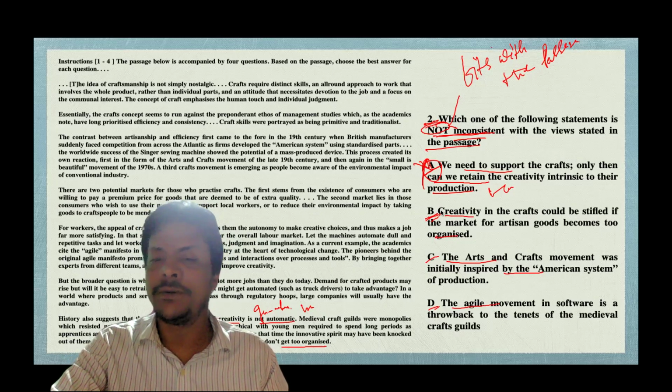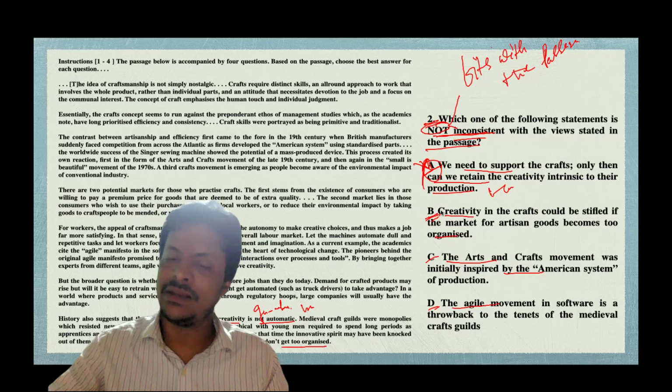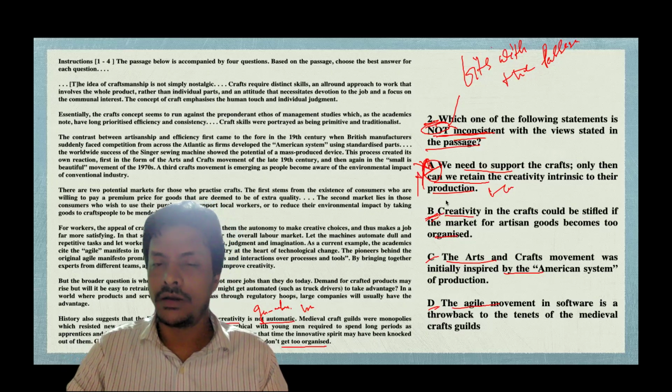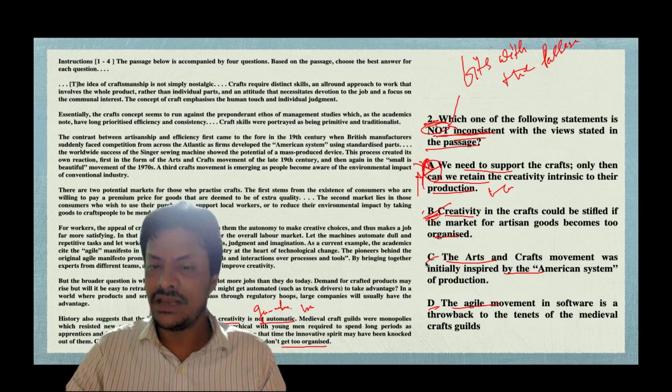But if I look at the other options, like A, we find that it is inconsistent, and B is something which clearly fits the passage. Let's look at C and D. C says the arts and crafts movement was initially inspired by the American system. So this is not even true. The passage says the arts and crafts movement was, you can say,